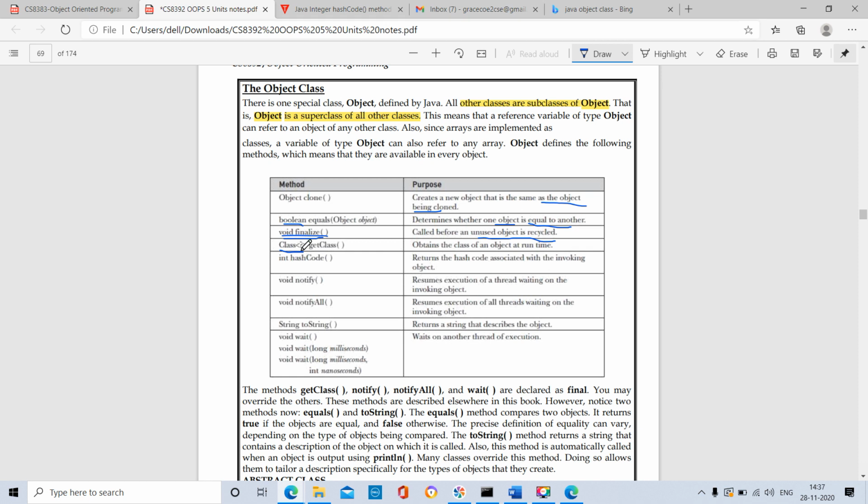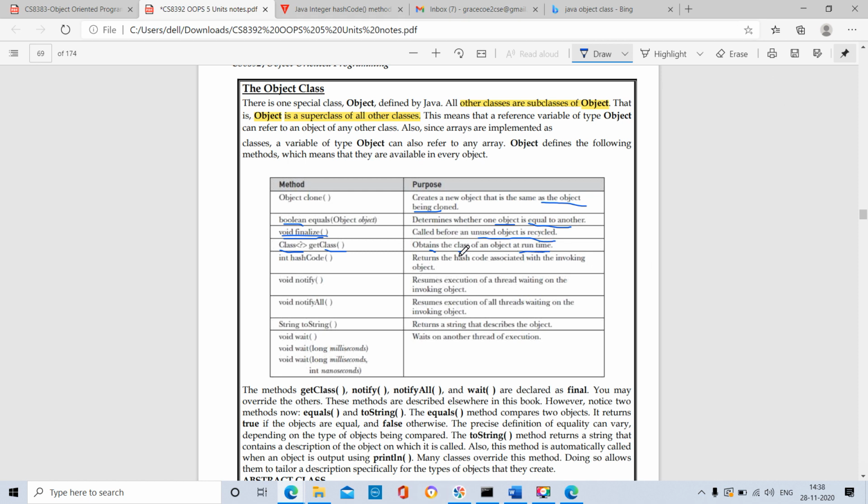Next method is Class less than question mark greater than getClass. If you see the less than and greater than symbols in Java, it represents a generic parameter type. In this generic parameter we are passing the generic data type. So the Class question mark getClass method is used to obtain the class of an object at runtime.